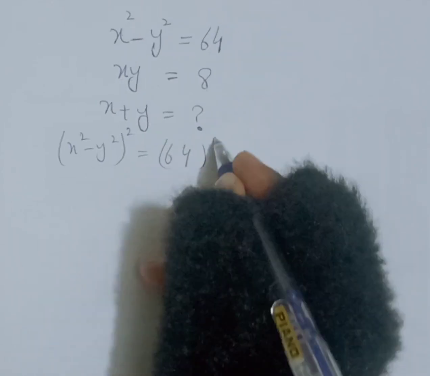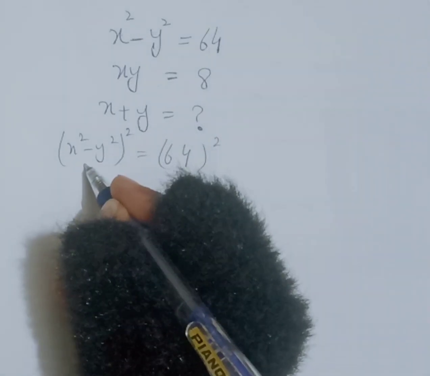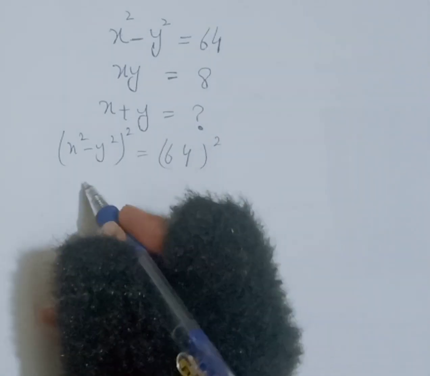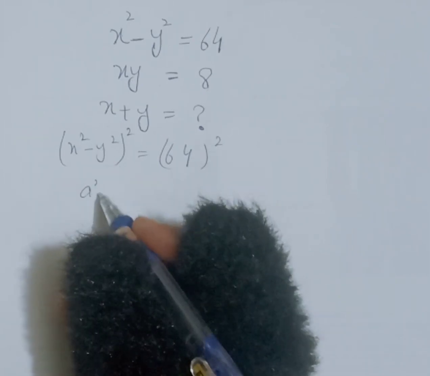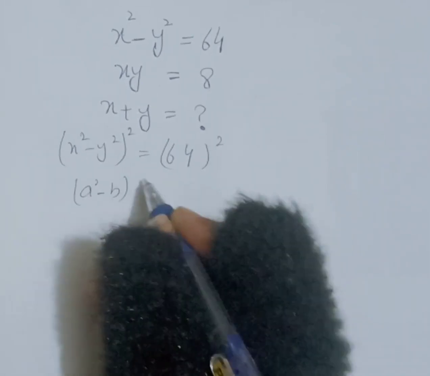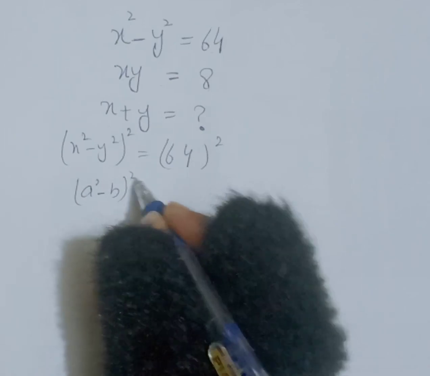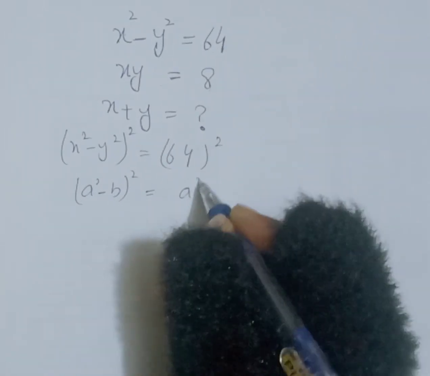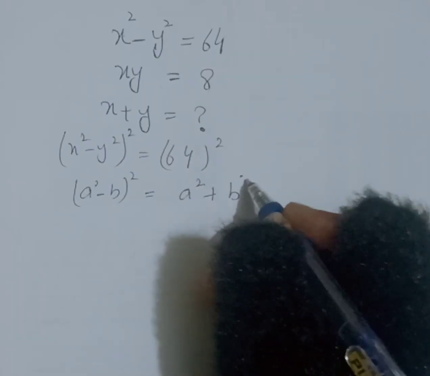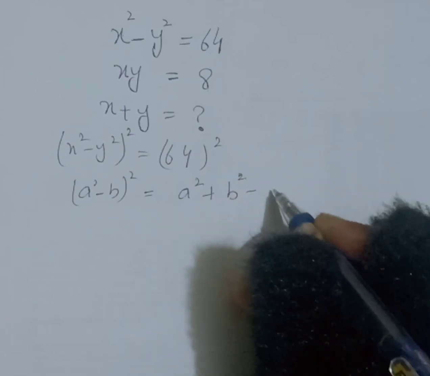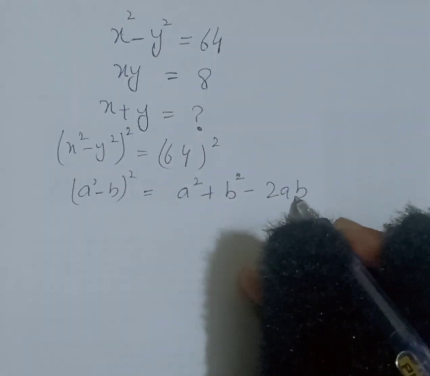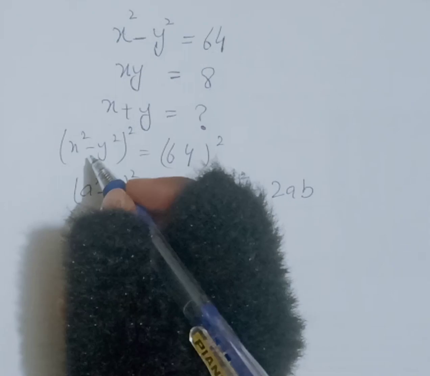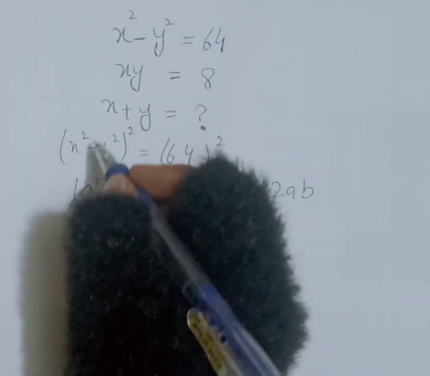then here we use a formula. So first of all we write a formula. As you know, a minus b whole square is equal to a square plus b square minus 2 times of ab. So we use this formula on the left hand side, then this will become